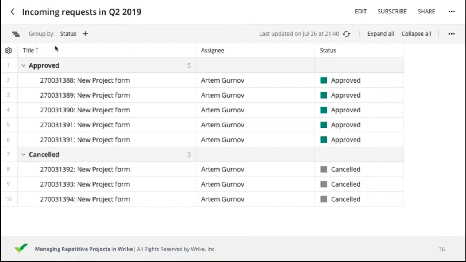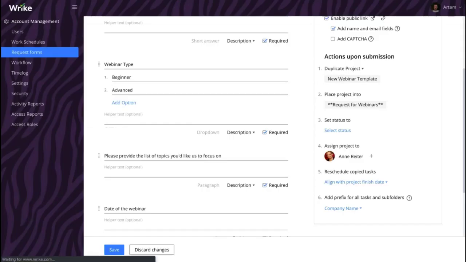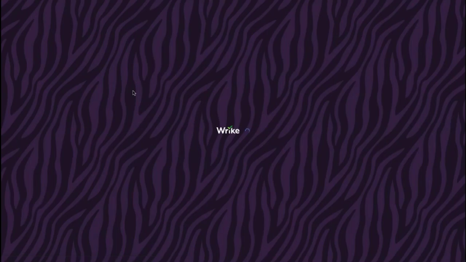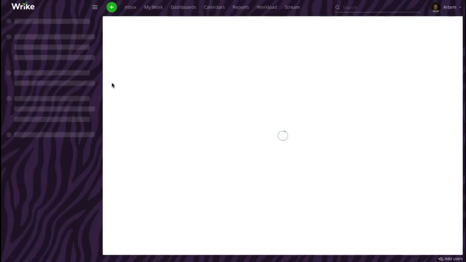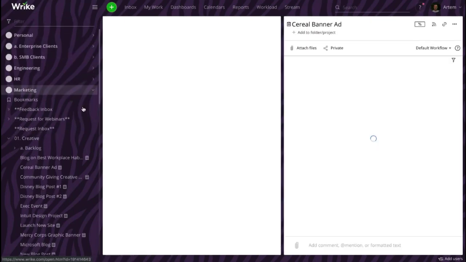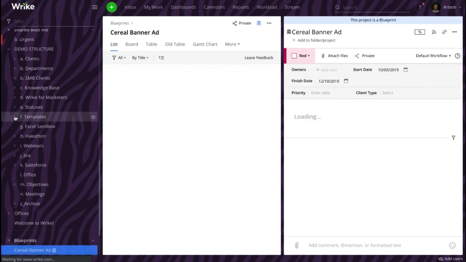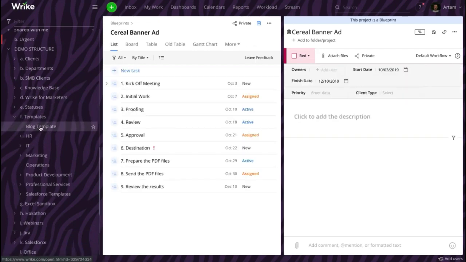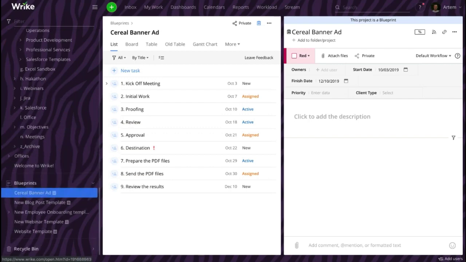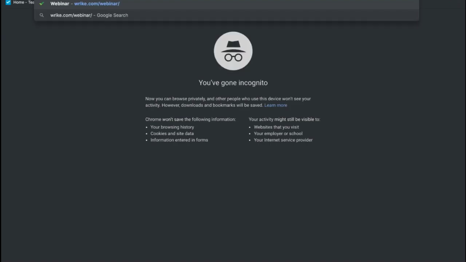So again, a template is simply a copy of the project in Wrike that you store in the place that is convenient for you and your team members. So basically, you just create a folder in your workspace, and then you just start populating this folder with all the possible templates representing the projects that your team is doing on a regular basis. And blueprints is a specific functionality that can be activated in